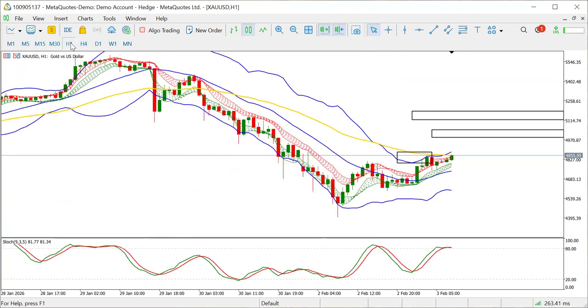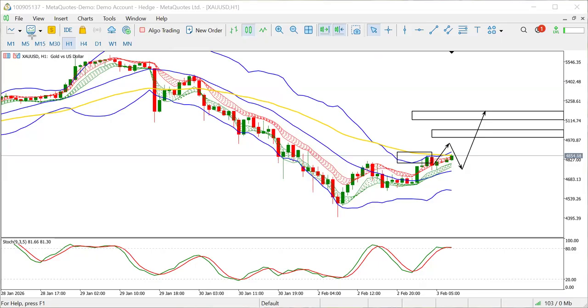On H1 time frame, we don't have any buy momentum here. If market forms momentum again here, then we can think about a buy. But at the moment, market is not forming any kind of momentum here. Let's check out